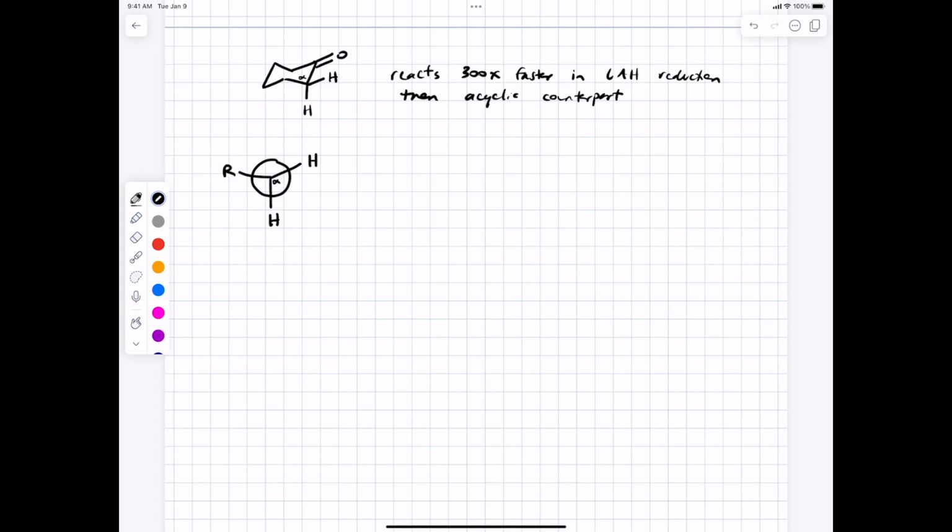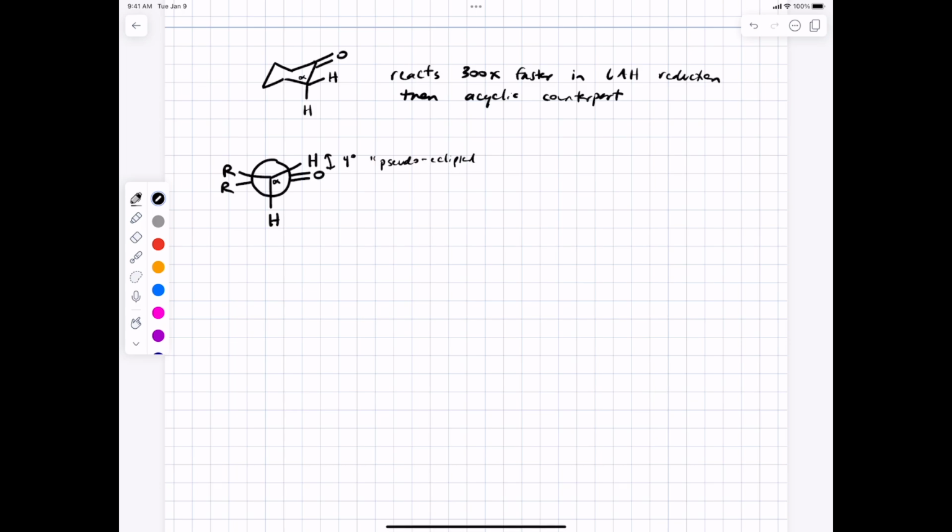In the back, you've got something that's neither axial nor equatorial. It's an sp2 hybridized carbon, the carbonyl carbon, instead of an sp3 hybridized carbon. So the best way we can draw that is kind of like this. The dihedral angle between the equatorial proton and the carbonyl group is around 4 degrees. So this is pseudo-eclipsed,